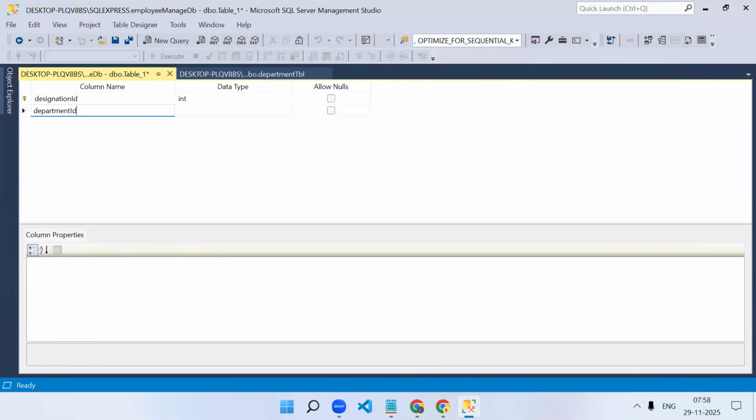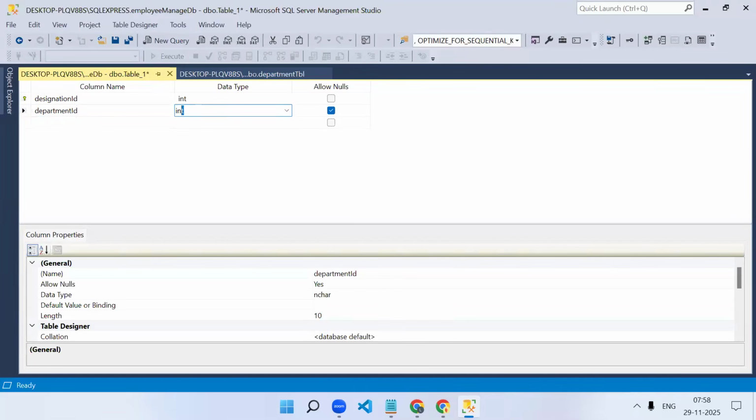Department ID. This will be a foreign key because for a particular department, we will have multiple designations. So if you are inserting data into designation, you should be able to identify which department the designation belongs to. So that's why we need the foreign key. Again, integer,